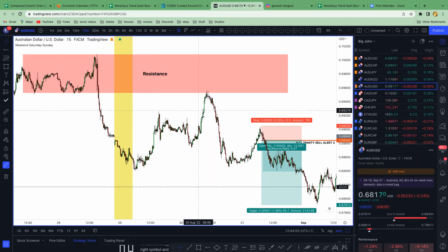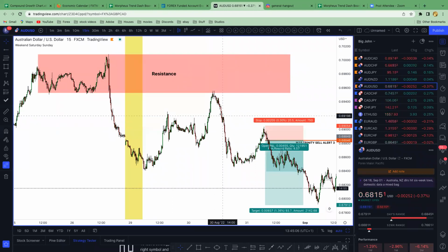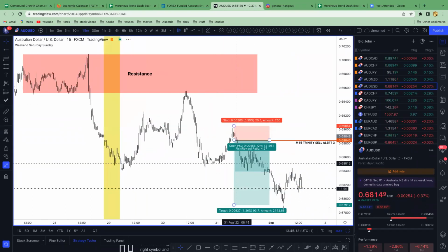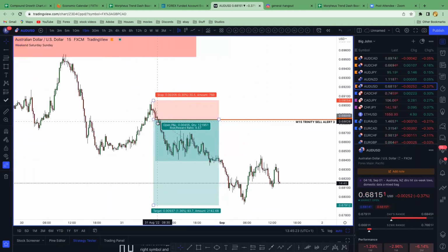Again, there's supposed to be pairs that are in a heavy trend. It didn't break out this zone. So this is how I would have just looked at it and drawn my markup. I didn't see a break into this zone or a break out of this zone, so I'm still looking for a possible trade setup. And then when the next Trinity alert came, which was here, you'd have been able to catch this sell all the way down to here. If not, you would have been able to catch this one right over here. If you did lose this one, didn't trade this one, it did come through on this day here, which was Wednesday, and you would have been able to get the sell from here, which is currently a 4.5 ratio trade with a 20 pip stop loss that was given out.